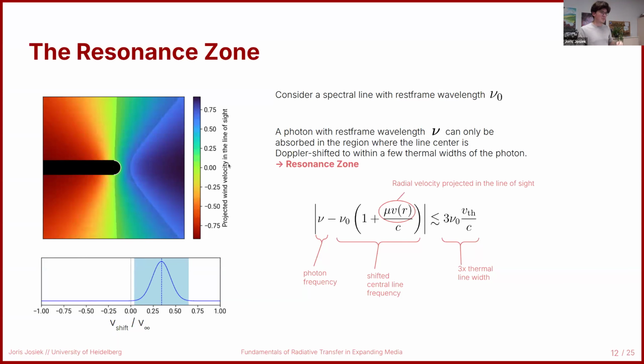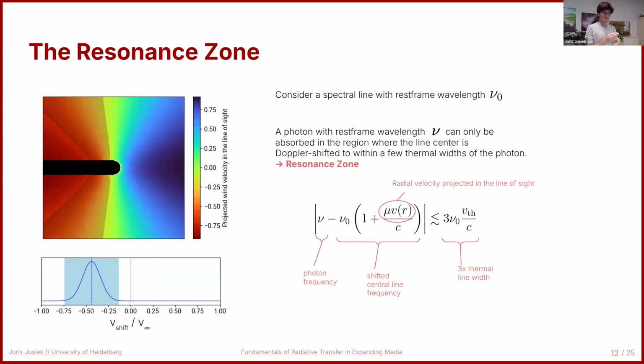So the resonance zone is the zone where the gas is moving at exactly the right speed for the central line frequency to match the photon frequency of the photon we're considering. Not exactly, but within the width of the intrinsic line profile, so within a few thermal line widths. So this is what this equation basically tells you. And here the animation shows you where this resonance zone is